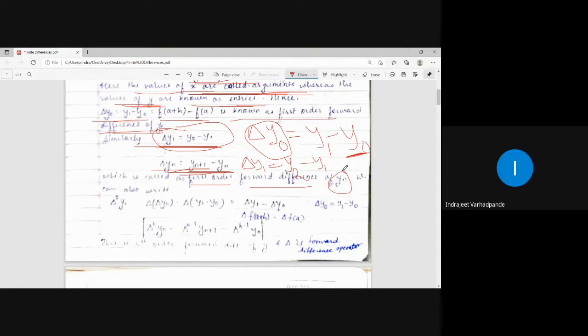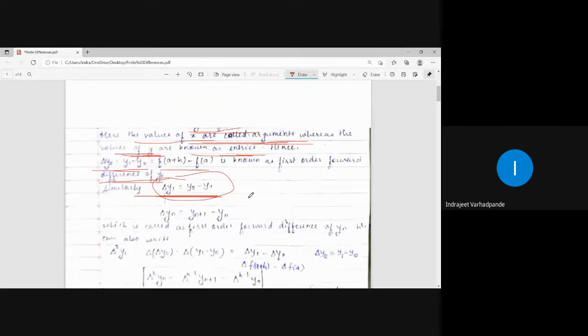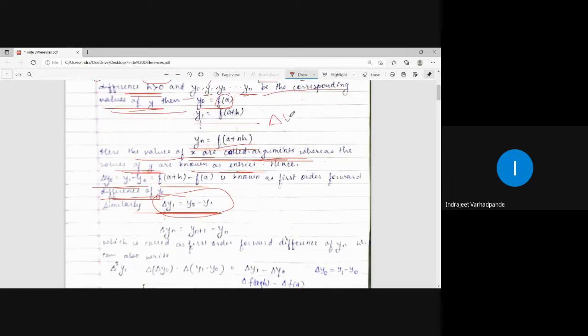We have calculated the first order forward difference of y1 and y naught and reached the generalization, which is called the first order forward difference of yn, given by delta yn is equal to yn plus 1 minus yn. Like the first order forward difference operator, I can calculate the higher order forward difference operators also. So for delta y naught, if I take delta of this delta y naught, what will it be? It will become delta square of y naught. If I take delta of delta y naught, what will it give? Delta square of y naught.